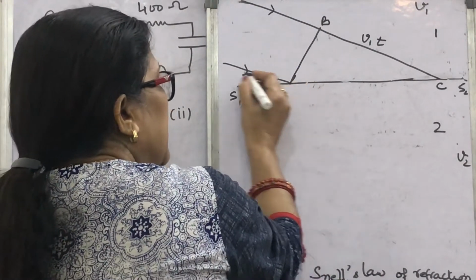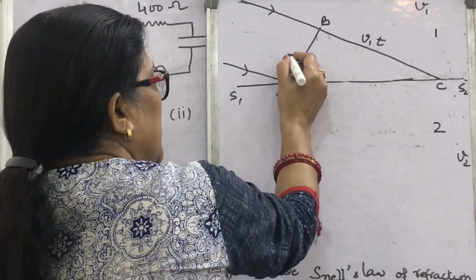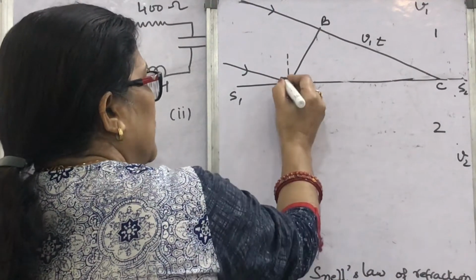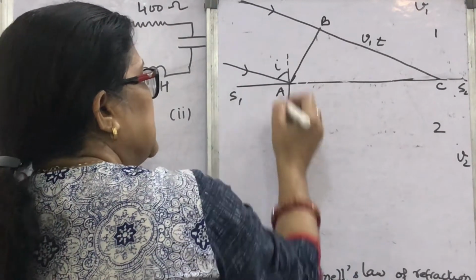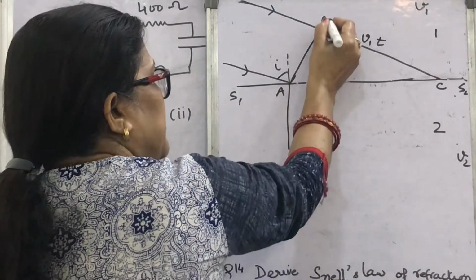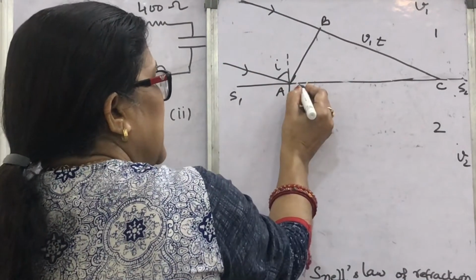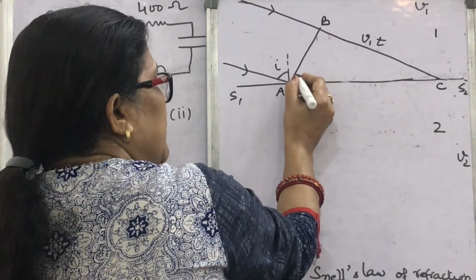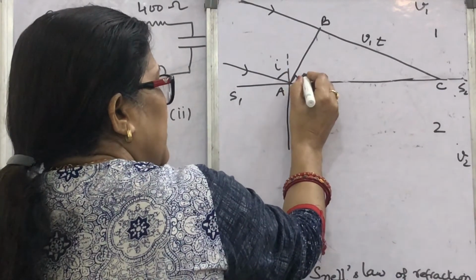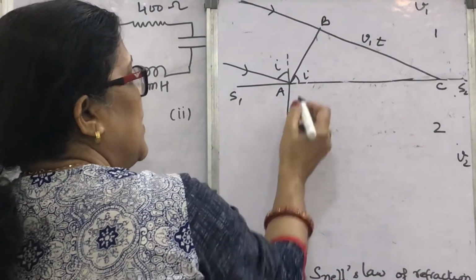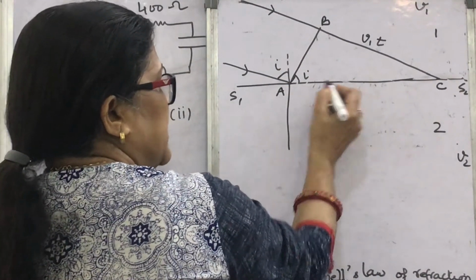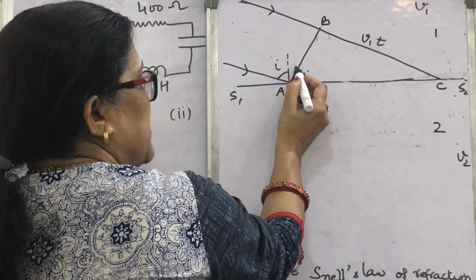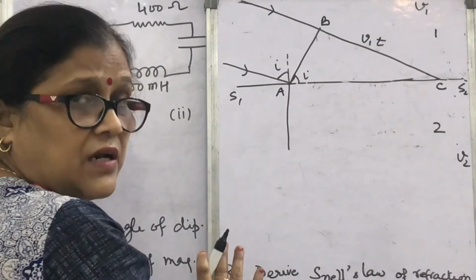At this point A, for this ray, if you draw the normal, what will you observe? That this is the angle of incidence, and you know this AB is perpendicular to this ray, then this will be 90 minus I. What will you write for this? This will also be I. Why? Because this normal and this surface, they are also perpendicular. So if this total is 90, this is 90 minus I, so this will be I. Clear?